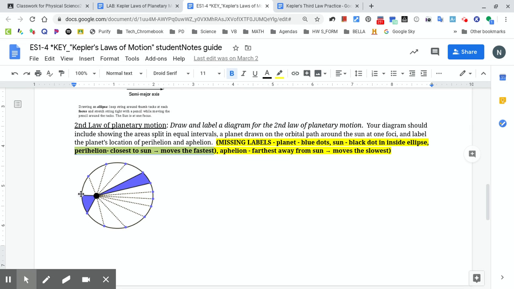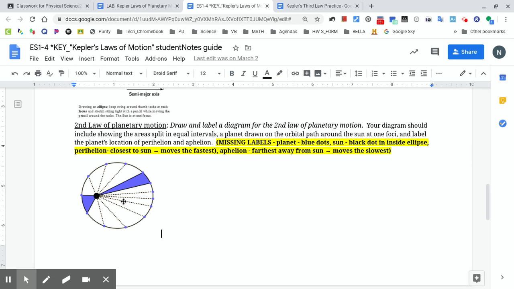This right here would normally be labeled on this side because the planet is closest to the sun at this point. So that would be its perihelion to the sun. It's closest to the sun and moves fastest at that point. Aphelion is when it's furthest away from the sun, it moves slowest. Somewhere over here, it's farthest away, and so you'd label aphelion, farthest away, moves the